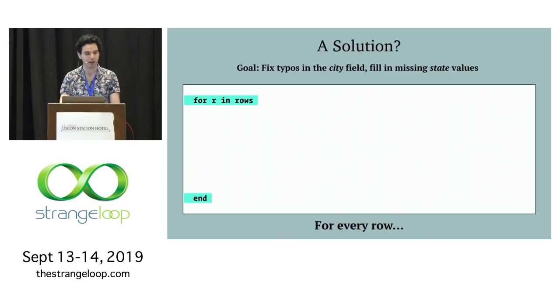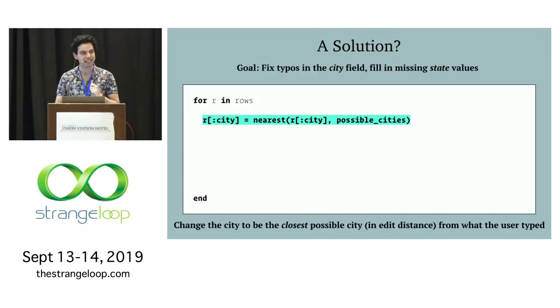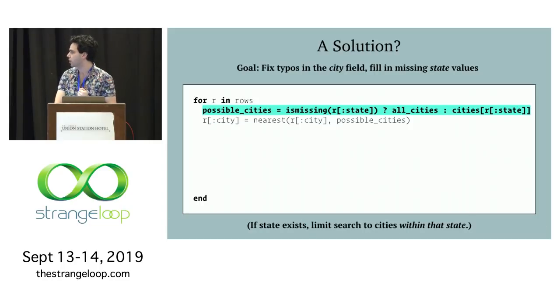First, we're going to loop through every row. And our goal is, for any row that has a typo in the city field, we want to correct that typo. And for any row that doesn't have a state filled in, we want to fill it in. So the first thing that we can do is, in each row, we're going to change the city to the nearest actual city, where nearest is comparing edit distance or something like that, of two strings. And this possible cities list is either going to be